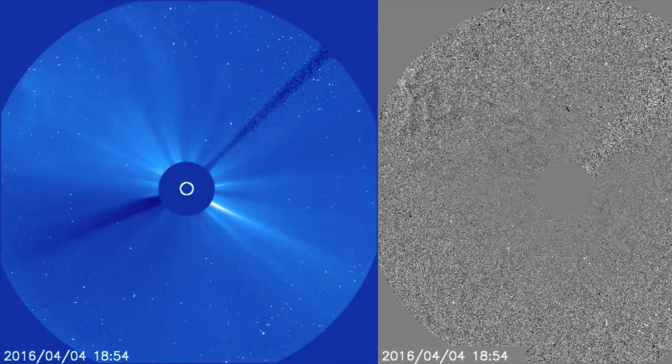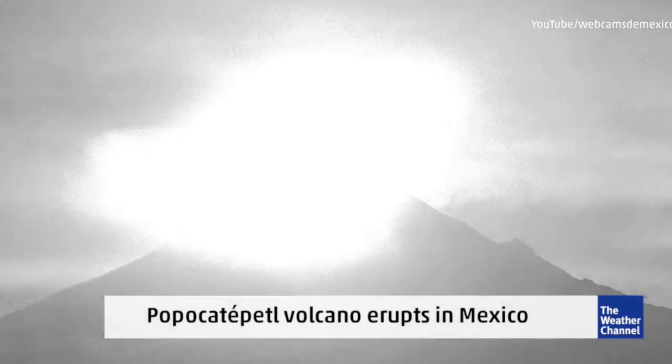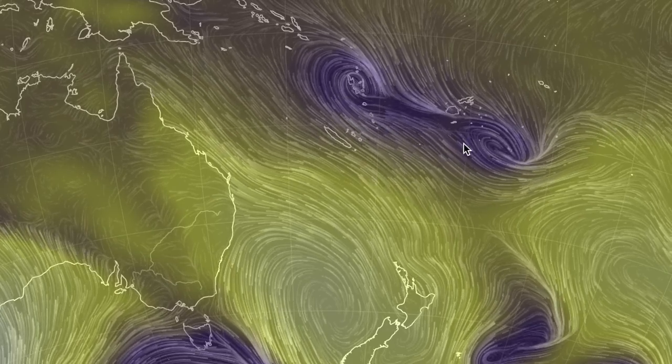Lots of other fun stories like snow in the Caribbean, not the Jamaican mountains either. Popo going boom in Mexico. Zooming in north of New Zealand, the Typhoon Warning Center issued alerts for these guys, but as always, we'll start